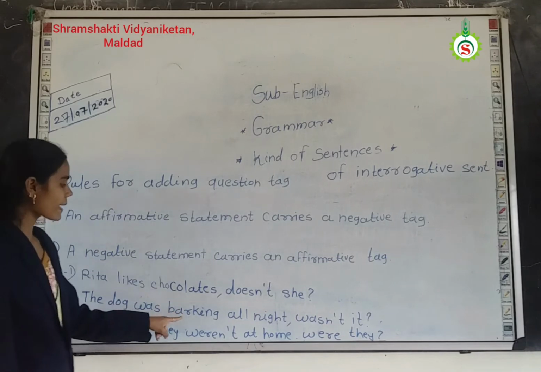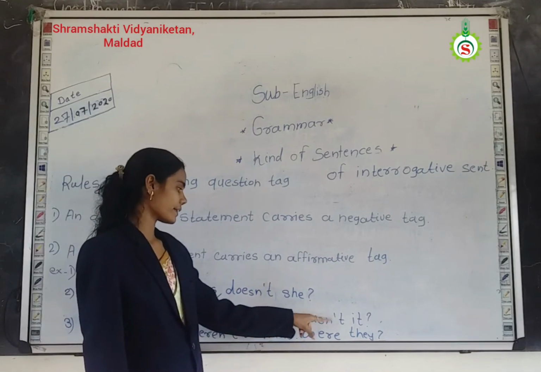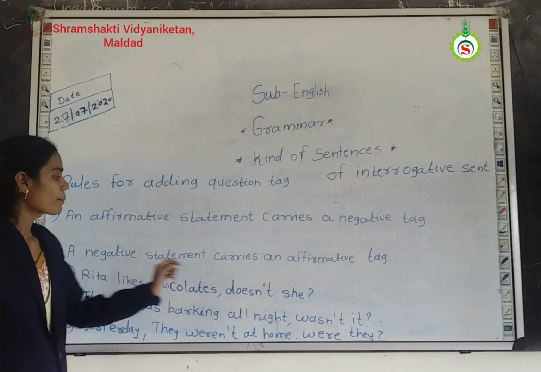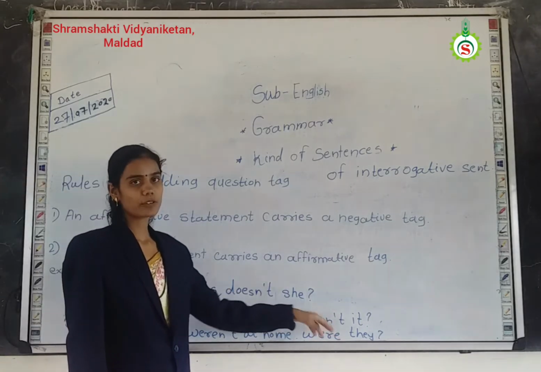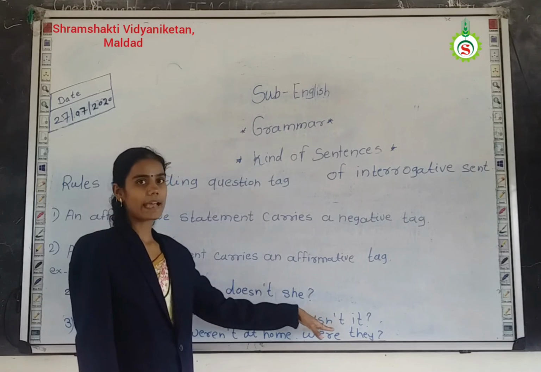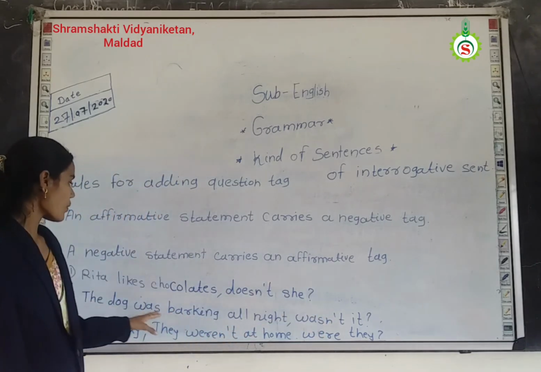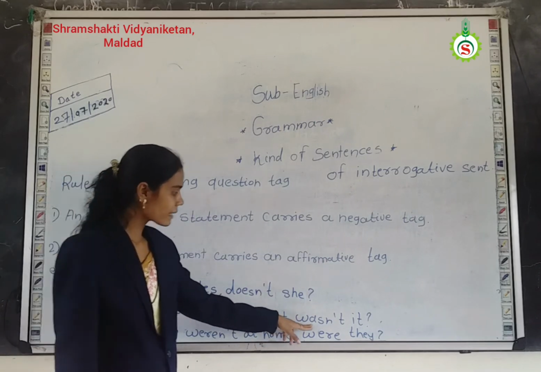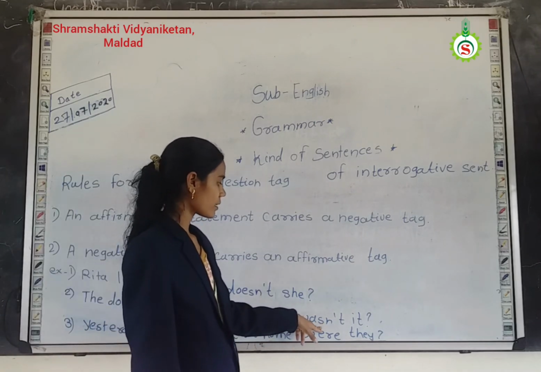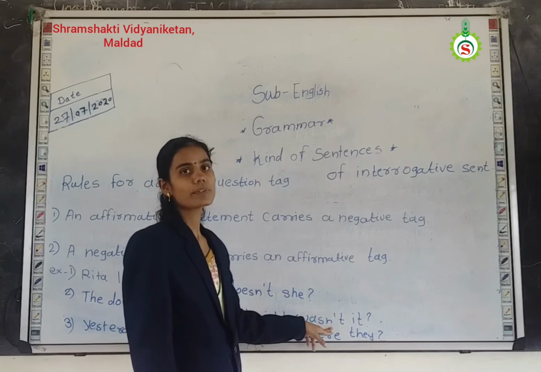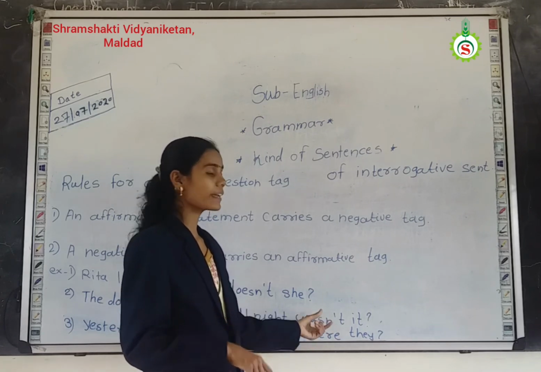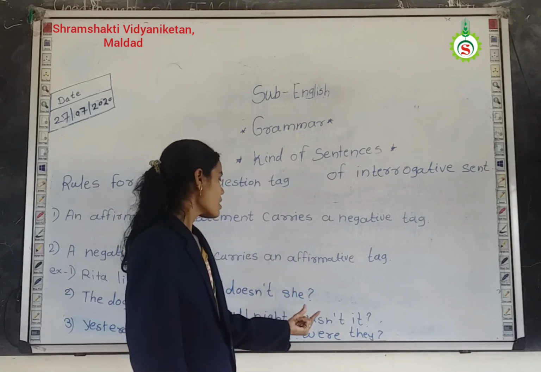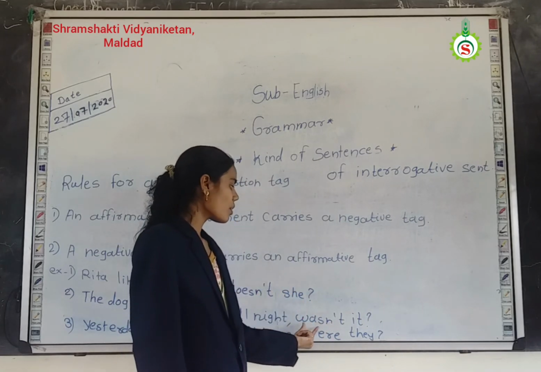Now see the second example. The dog was barking all night, wasn't it? The statement is affirmative, positive, but the tag carries a negative. So the dog was barking all night, then a comma, and then the helping word wasn't. Wasn't means negative. In a negative sentence we use words like not, never, nothing. So we use the helping word wasn't, means